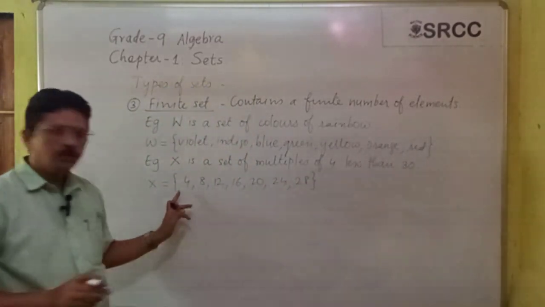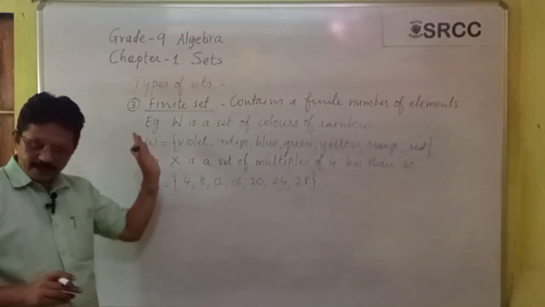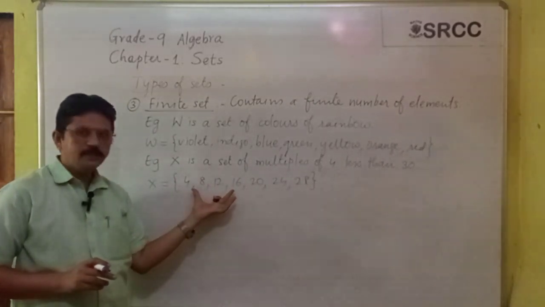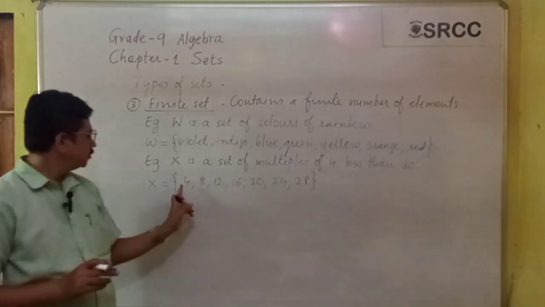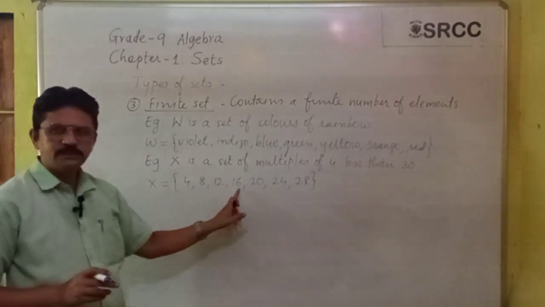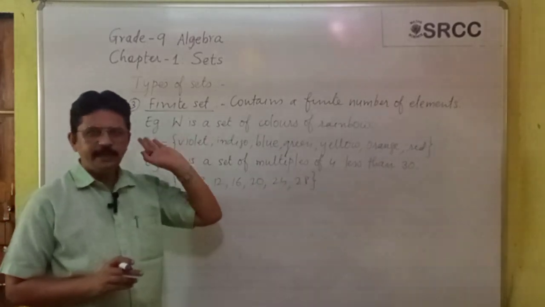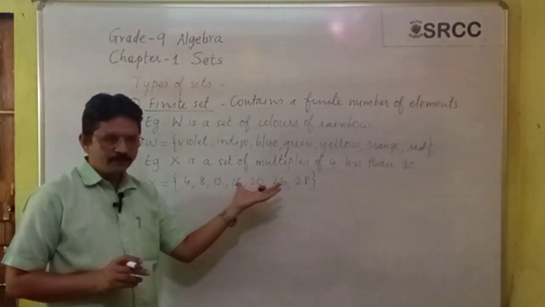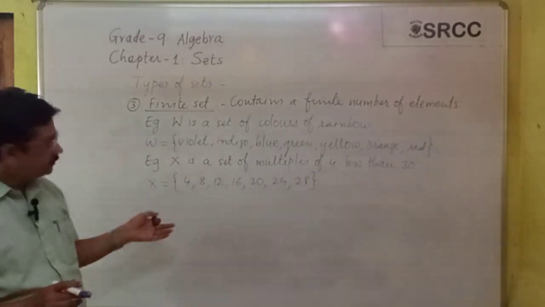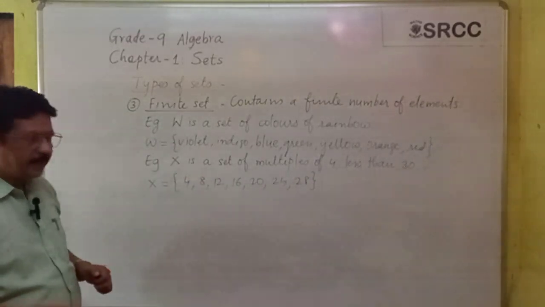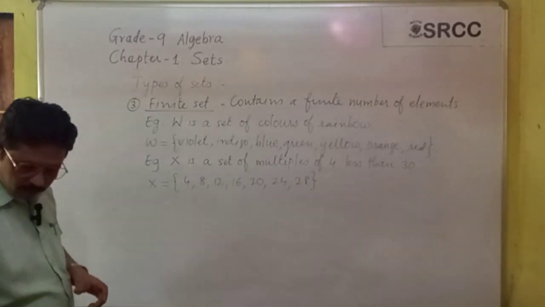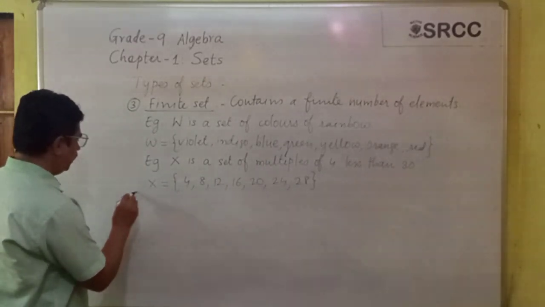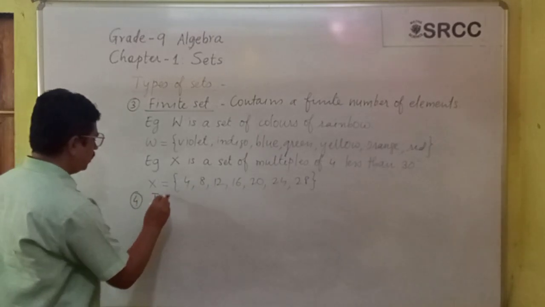So, X is a set of multiples of 4 which are less than 30. So, they are 4, 8, 12, 16, 20, 24 and 28. Here also we see that there is a definite number of elements in set X, therefore X is a finite set. Now, the fourth type of set is